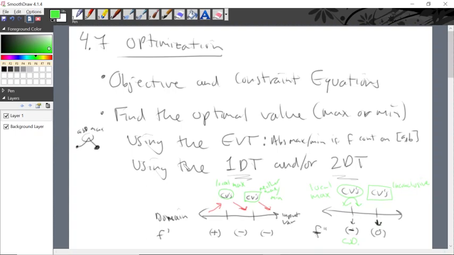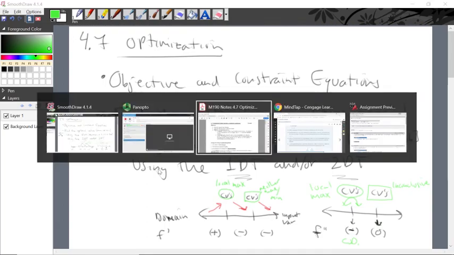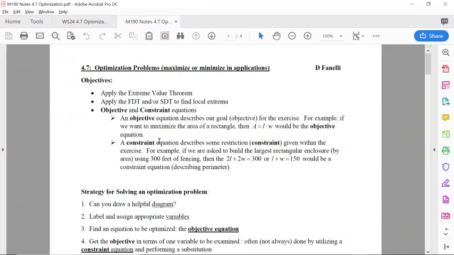Okay, so here's how we can analyze a single variable function in order to determine where there are maxima or minima. We need to work on creating the objective equations and associated constraint equations as given. Now, constraint equations aren't always just ways of relating input variables to each other, like the length is equal to the width. Sometimes it is some other given information, such as a restriction in the total amount that is available. So, for instance,